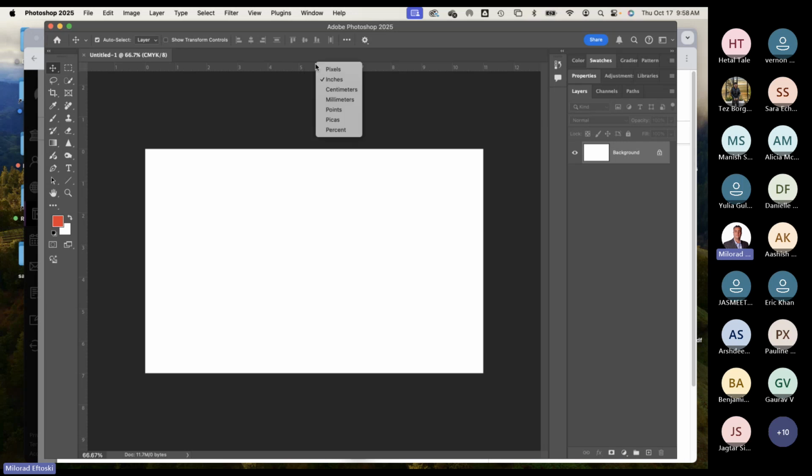So you can just right click and change the units this way. Okay. So it starts from 0, it goes to 11. So 11 inches in width. The 0 also starts from the very top left corner. That's the 0 origin. As we go down lengthwise, we're going to 7 inches down this way, 11 inches that way. All right. So that means if we create a spine and we want a 5x7 finish on the